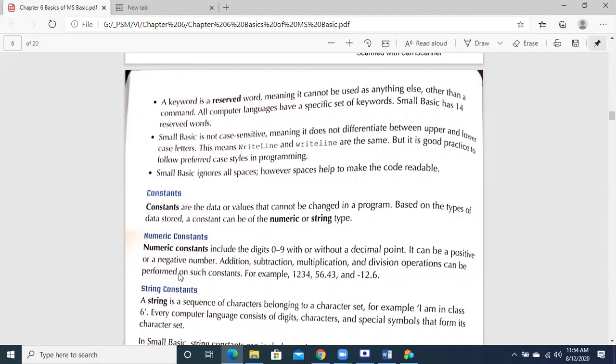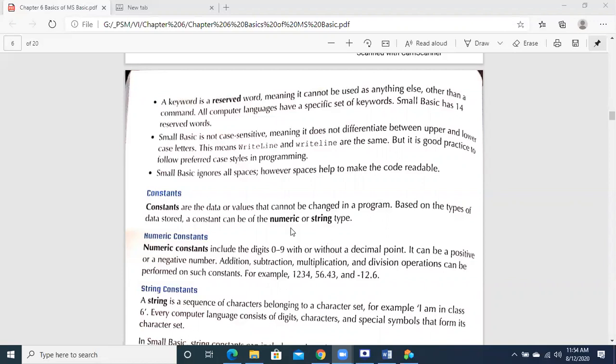What does it mean? Whether you are using the answer in small letters or capital letters, it is not going to make any difference. There would not be any problem.